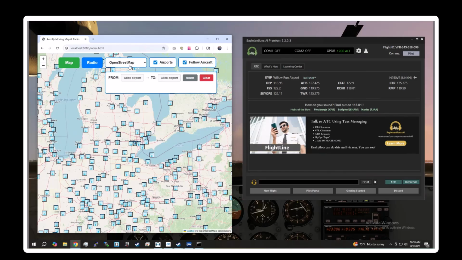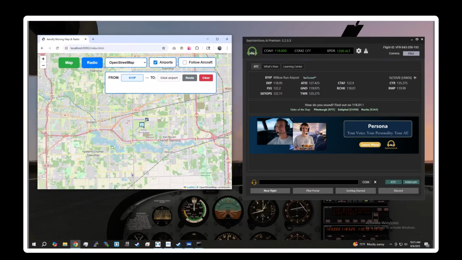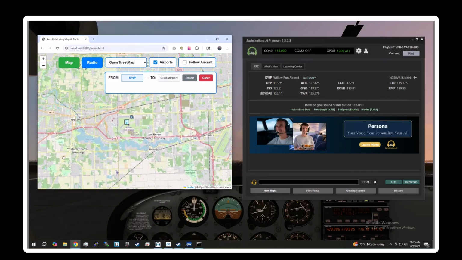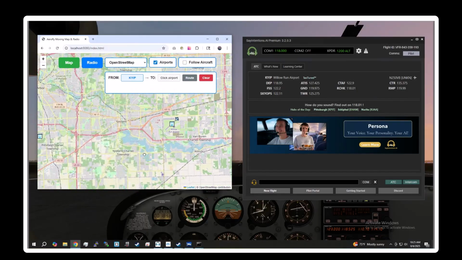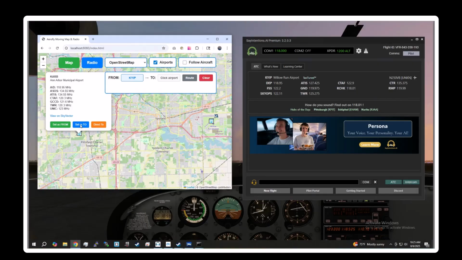All right, so that's how the airports and the Follow Aircraft part work. But the coolest part right here is this whole routing thing. If I click on the airport here, I can do Set as From, and that sets it as my from. Now I'm going to undo my Follow Aircraft for a second, and let me go to Ann Arbor. It's right here. So I'm going to go to this one, KARB, and I'm going to click on that and set that as my To. So you can see I'm going from KYIP